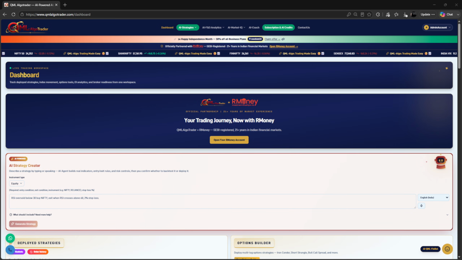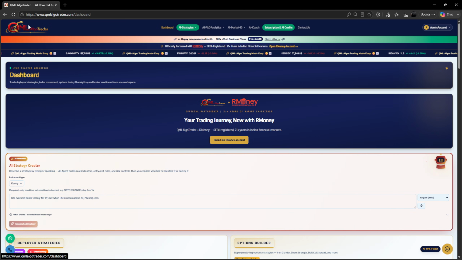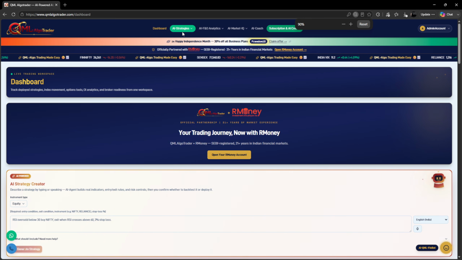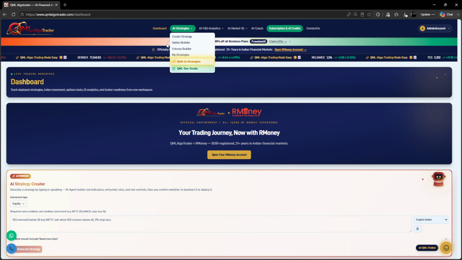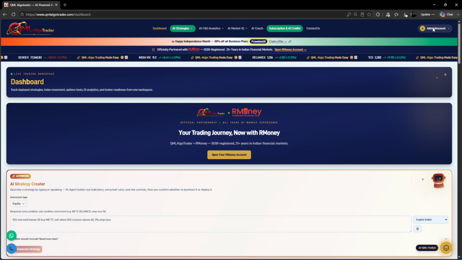So let us start with the QML Algo Trader. What are the different new features we have introduced? You can see it here. As soon as you come here, try to log into the QML Algo Trader. Please go to